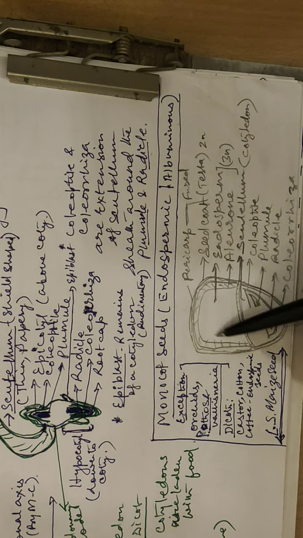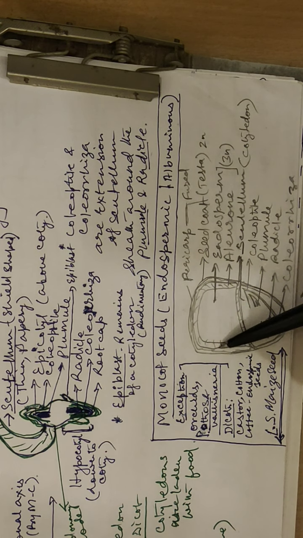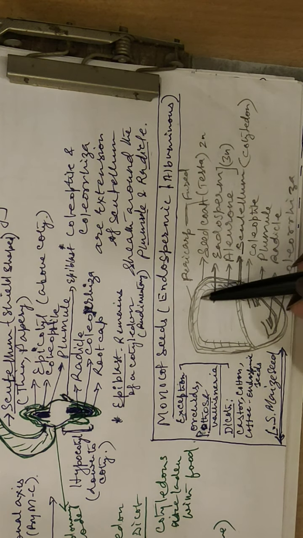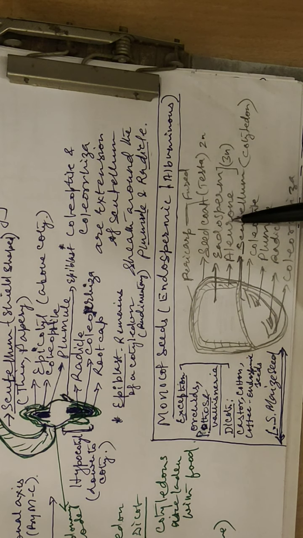Look inside and you will see there's a huge amount of endosperm here, but there's one demarcated line here. This is known as aleurone. Aleurone is especially the protein layer of the endosperm. Endosperm is triploid, formed by the PEN, the primary endosperm nucleus, which was formed by the triple fusion. So hence, since aleurone is also part of the endosperm, the protein-rich layer is also triploid. So this part you need to remember.